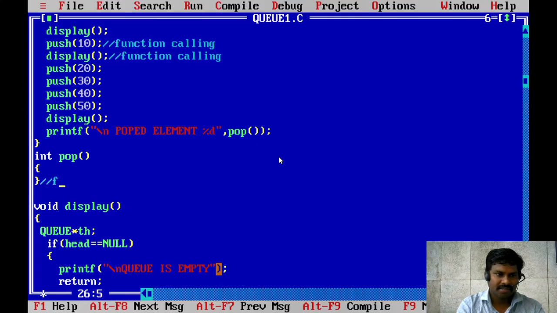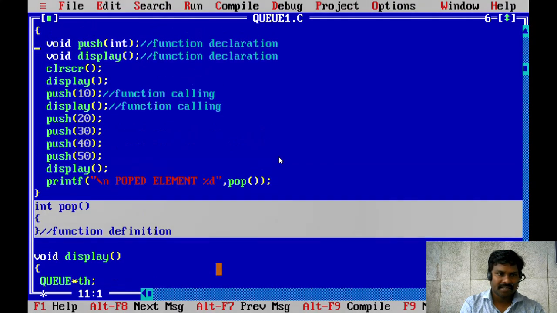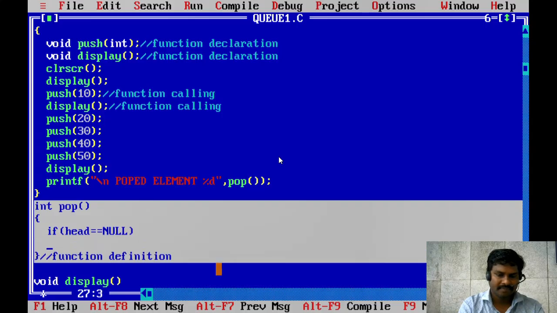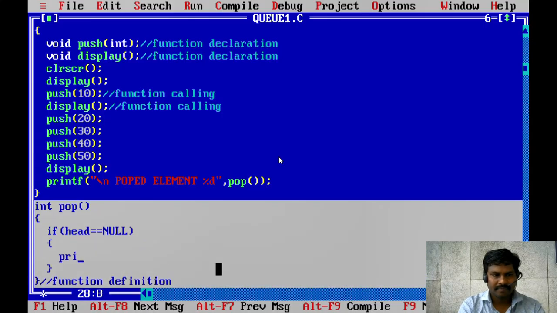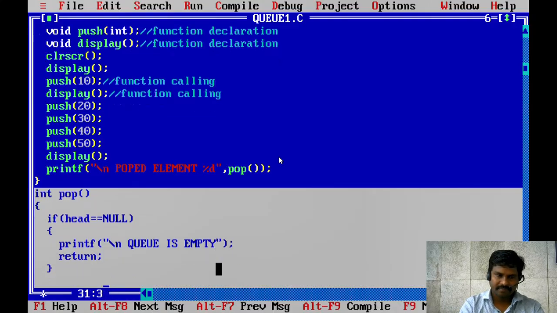This is called function definition. So whenever the function return type is integer, the declaration is optional. No need to declare this function here. Here first you have to check if head is equal to null, then printf Q is empty, and then return. Otherwise,